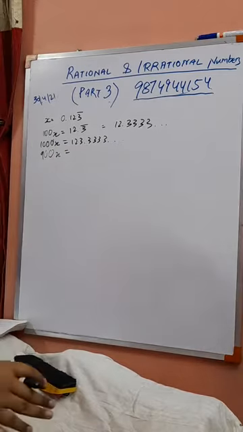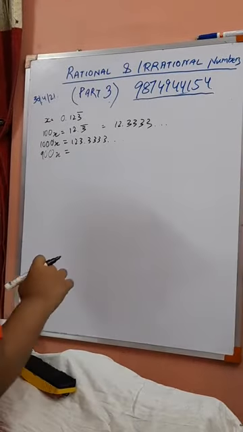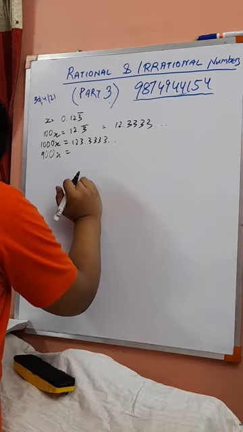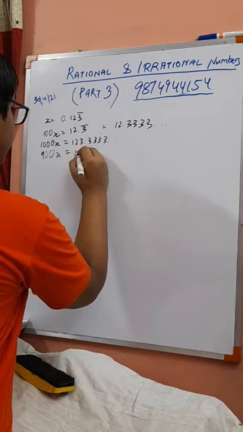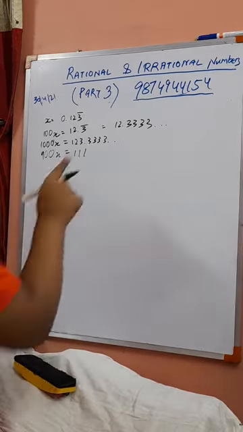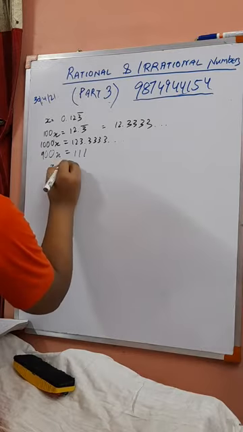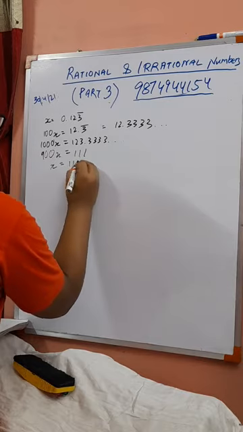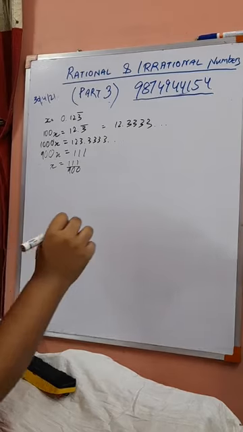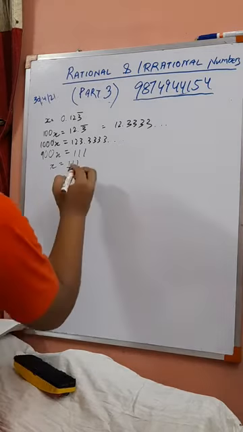The recurring part of the decimal will be cancelled out, so the remaining part would be 111. As the recurring part has been cancelled, 123 minus 12 would be 111. Now we will take 900 to this side. 111 by 900, which can be simplified